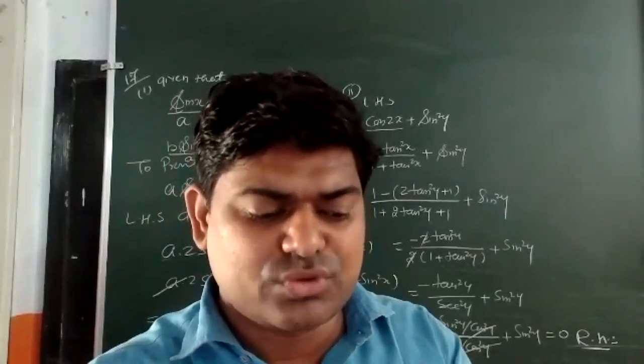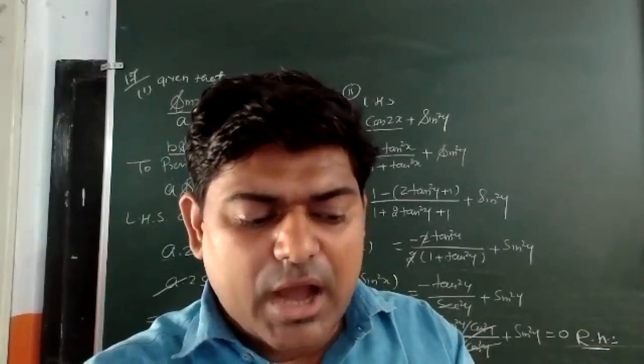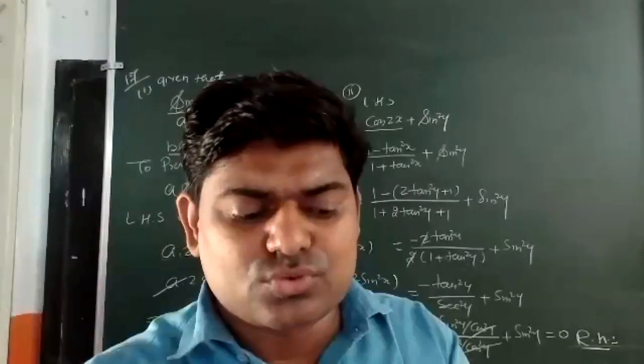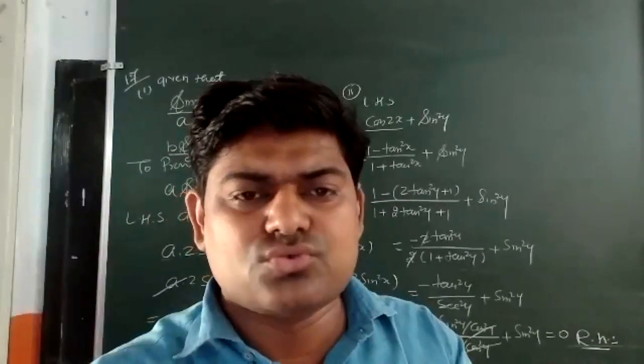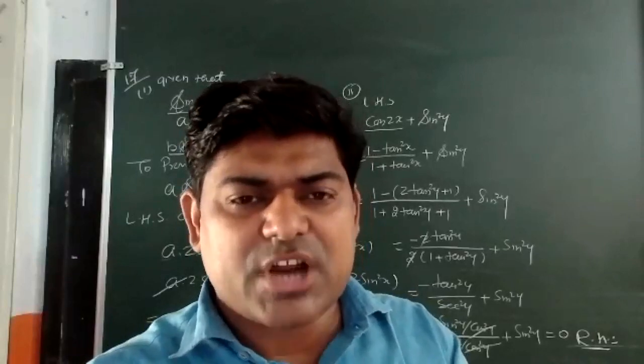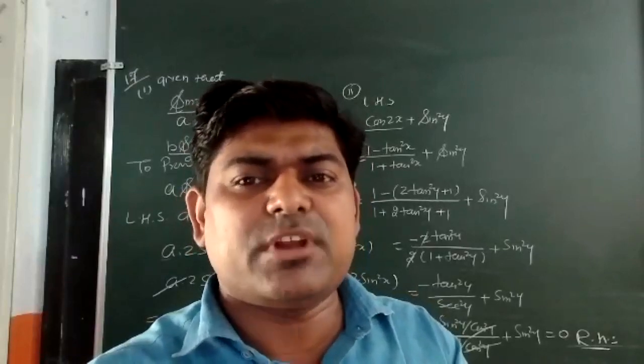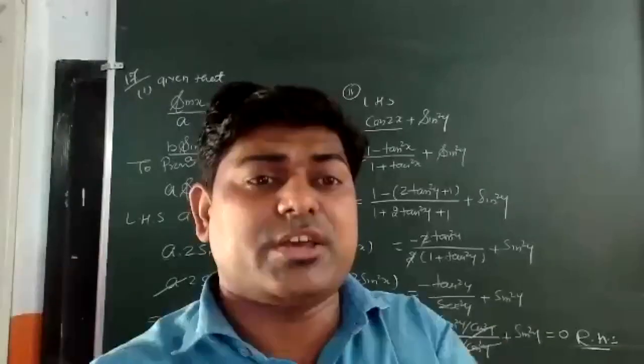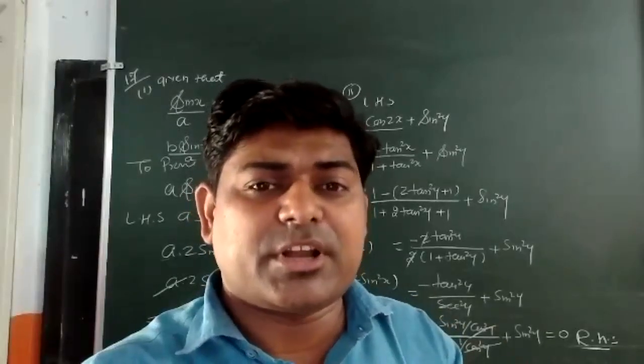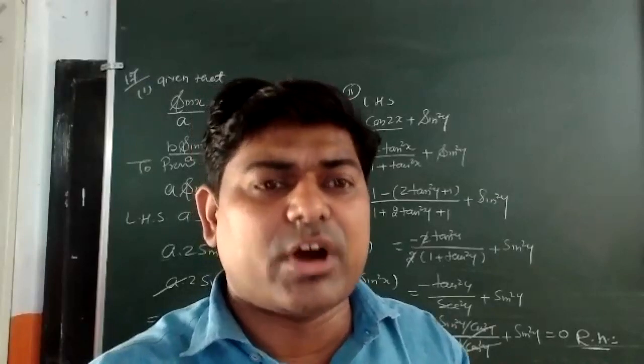Because in the question you can see, I am having tan (x plus y) is equal to 2 sin 2y upon 1 plus 2 cos 2y. If we start from the left hand side, definitely we will have a tan x, but our result is totally in y. It means wherever tan x will come, that has to be converted in y.